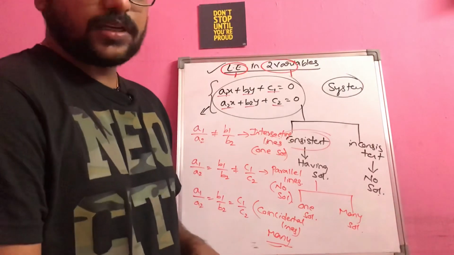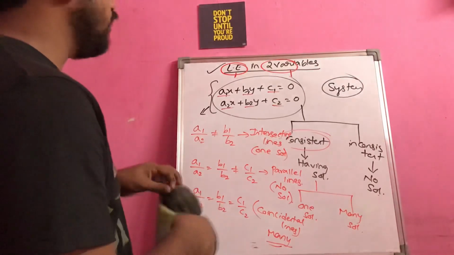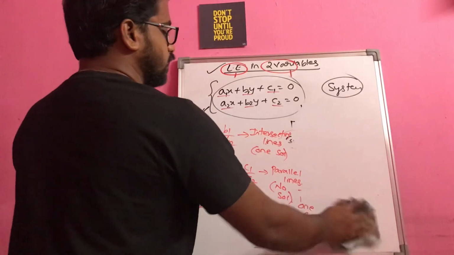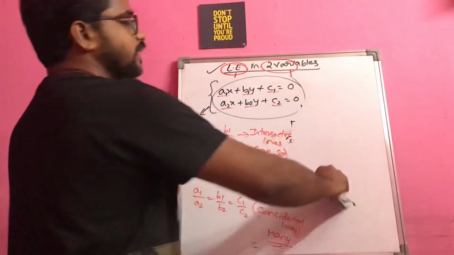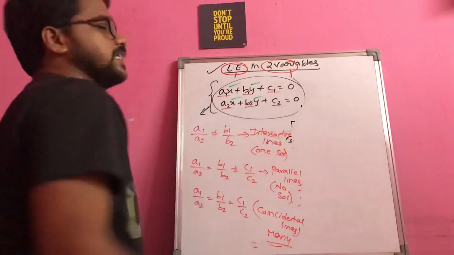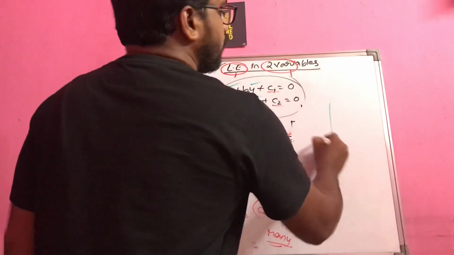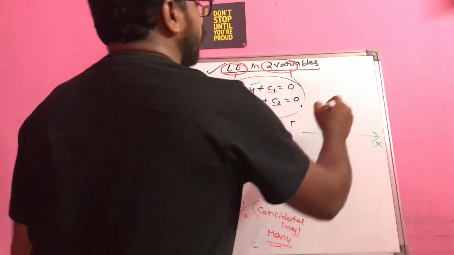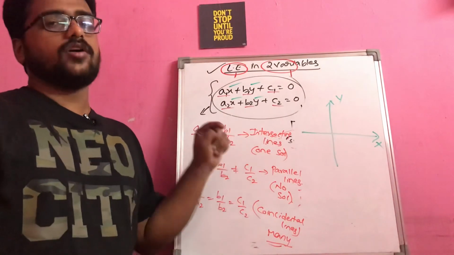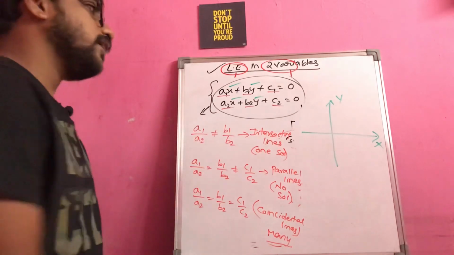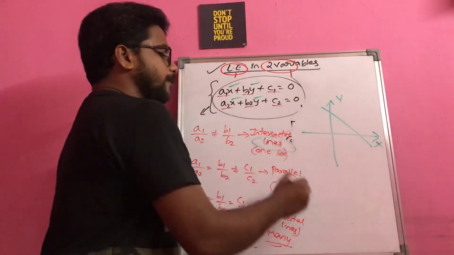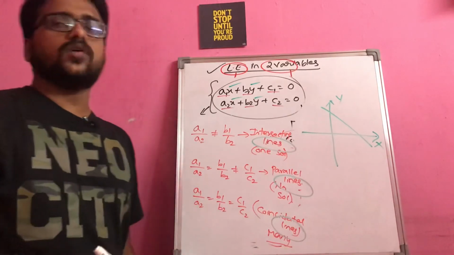Now the question is, these are the linear equations that they had given to us, but on what basis are we saying that these are lines? It's a very simple thing. In these equations you have the variables x and y. Even the graphical representation will have an x-axis and y-axis. So every linear equation can be represented in the form of a line. That's why it is possible to represent them on a graph, and that's why we name them intersecting lines, parallel lines and coincidental lines.